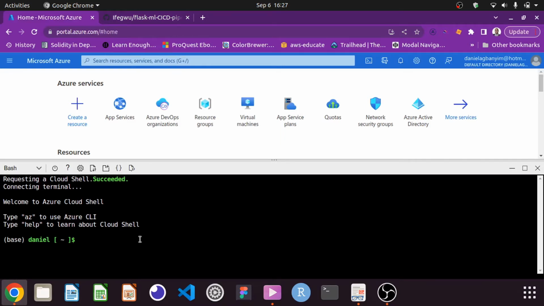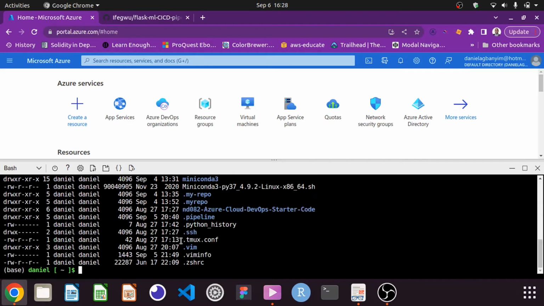So if you want to prepare your Cloud Shell to talk to your GitHub repo, just issue this command, ssh-keygen -t rsa. I've already done it, so I'm not going to repeat it. To show that I've done it, look at it here. Then the output will give you